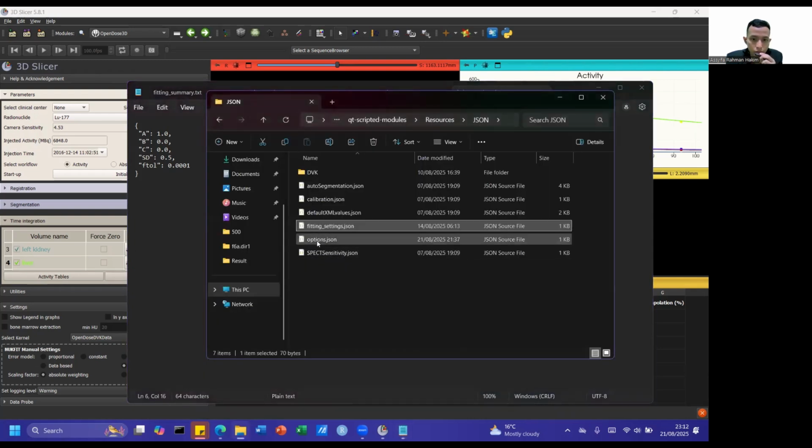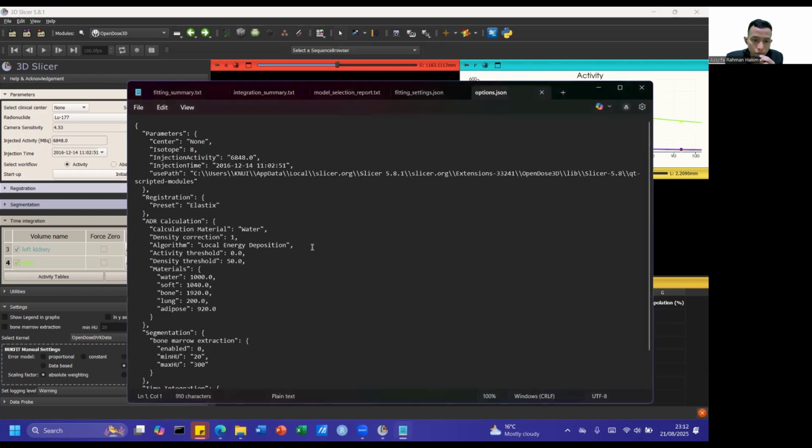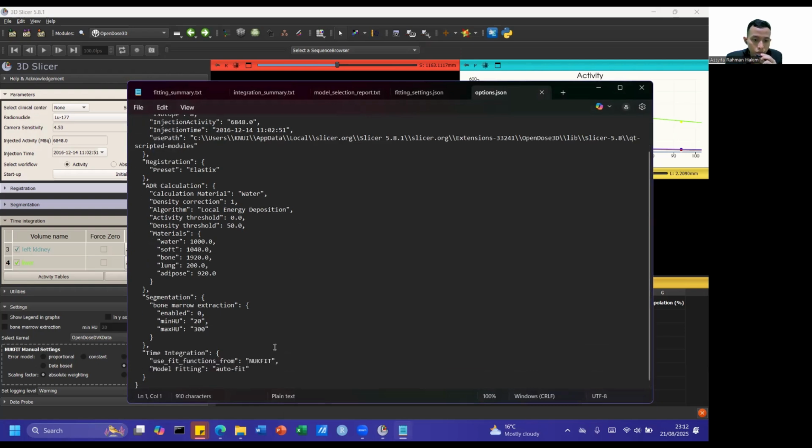The last thing, there is an options file here. You can also open it with your text editor. There are also several settings here, but I want to scroll down to the time integration part. You can change the settings between NucFit or LMFit here as your default fitting settings. Also, you can change the default fitting in here. By default, it performs automatic fitting and automatic model selection, but you can change your default fitting maybe to equation 2, equation 3, or equation 4, A, B, C. You can change the default here, or you can just keep it with automatic fitting by default.